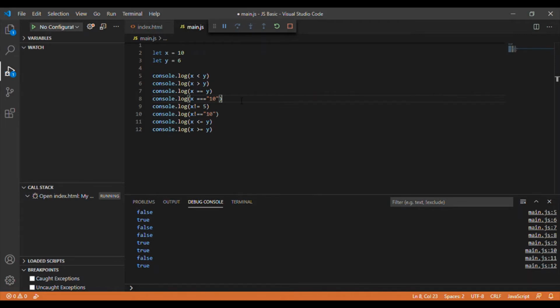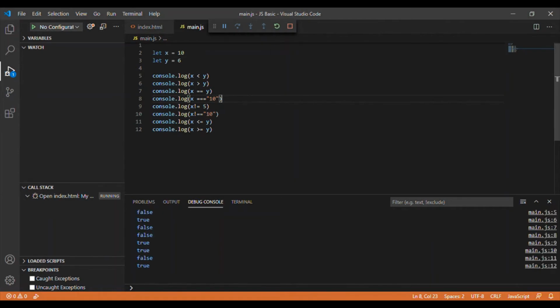Okay, let's see another example for the comparison operator. Here we have x and y as the two variables. We have to be very careful when we are using the var keyword, because the answers are different from when we are using the let keyword.